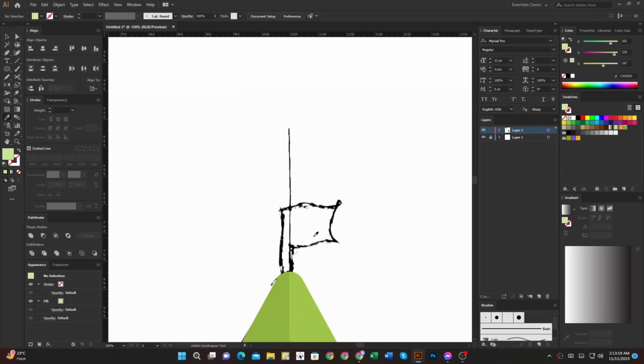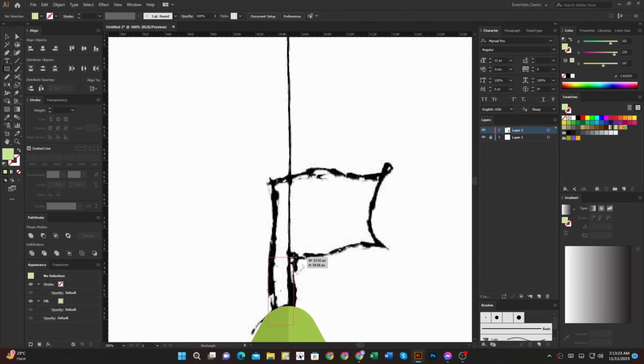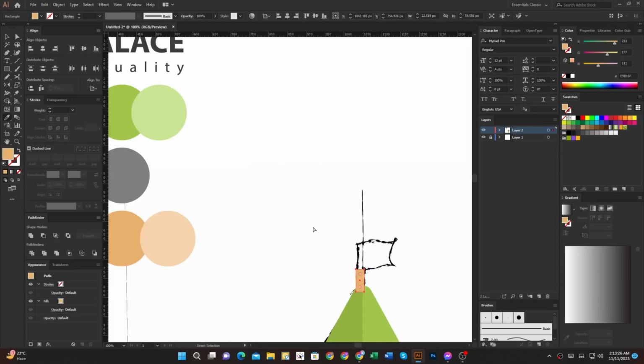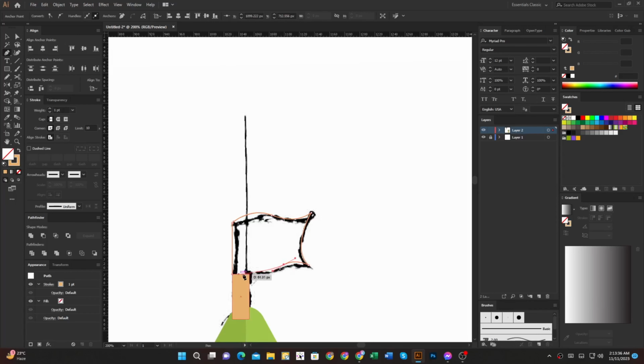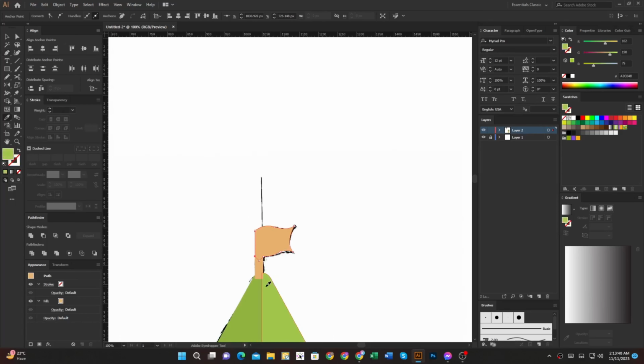Then I use a rectangle shape. Then use a pen tool.